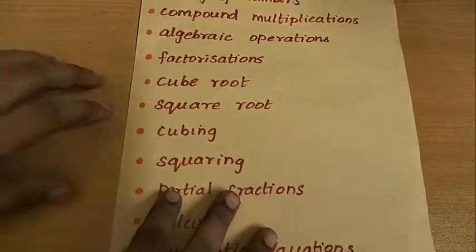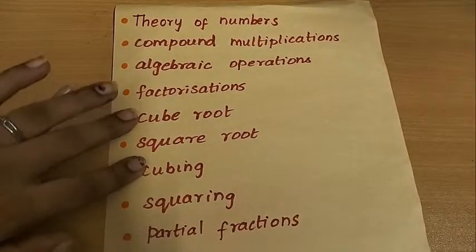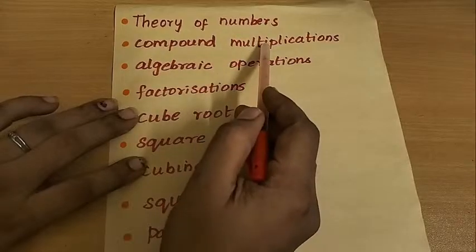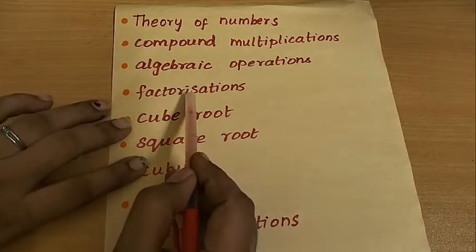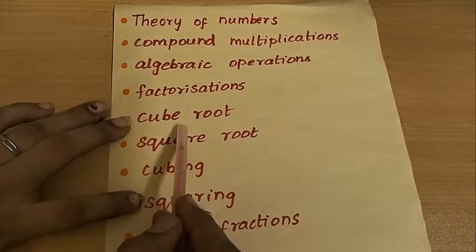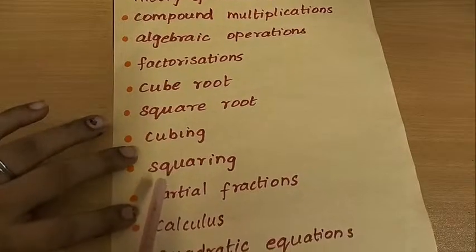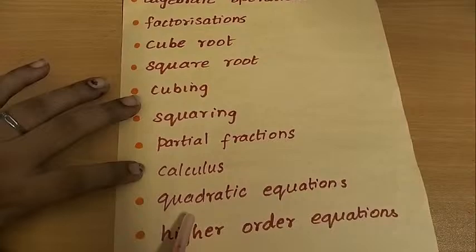The next one is, for what mathematical operations you can use Vedic mathematics: a theory of numbers, compound multiplications, algebraic operations, factorizations, cube root, square root, cubing, squaring, partial fractions, calculus, quadratic